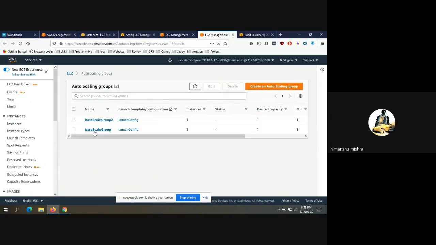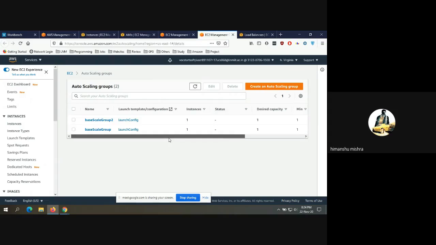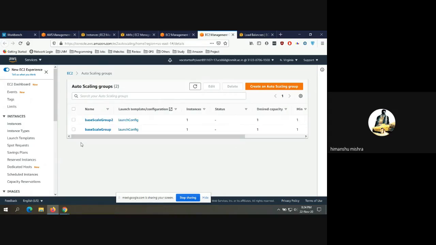Initially we created two different auto scaling groups, and currently these auto scaling groups are running only single servers, and their maximum capacity has been set to two servers. So if we increase the load on these servers, it is going to initiate another server for us, and we don't need to handle the initialization and setup of a new server again and again. But